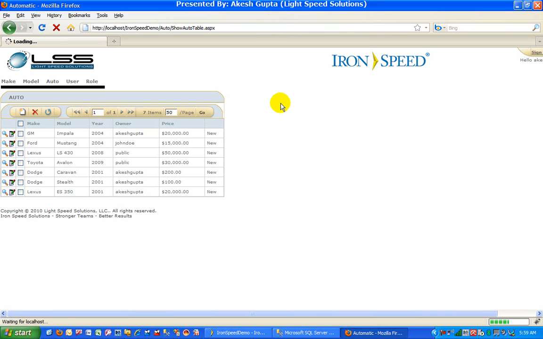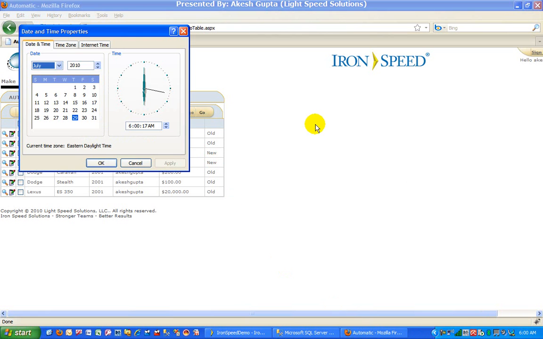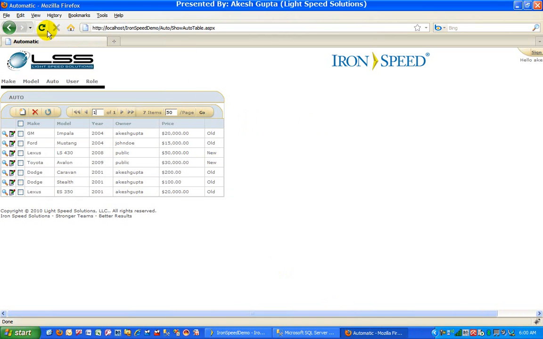and it's just going to take its own time, and there you go. As you can see, based on 2004, it's an older model because it is less than 5 years from 2010, whereas 2008 and 2009 are definitely newer models. And to validate, we can actually change our year to 2012 for the current data,